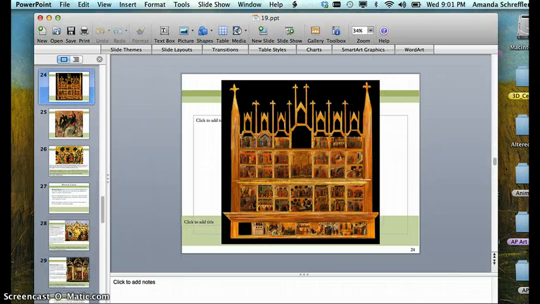And then this I just threw in here. This isn't in your book, but I just thought it was pretty cool and gives you a sense of what it would look like. Now, this is not giving you a sense of scale. I believe it's like 13 feet high or something like that, but this is the back of the Maesta altarpiece, and you can see all of the little panels that are filled in with these individual paintings. Another thing to note is that a lot of these pieces were, you know,